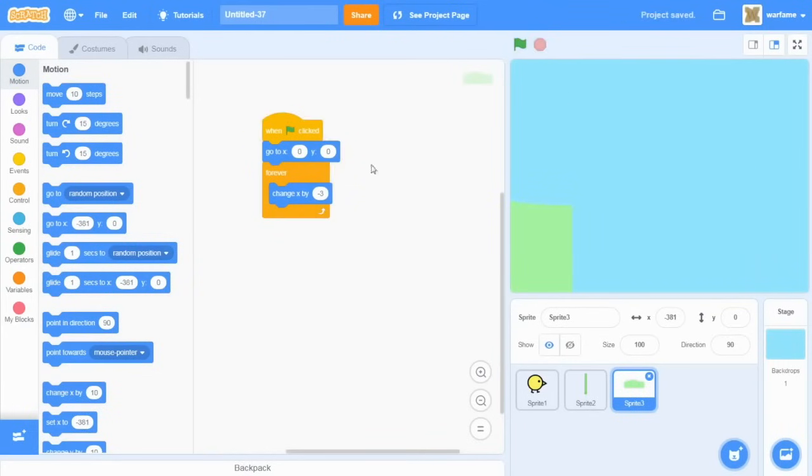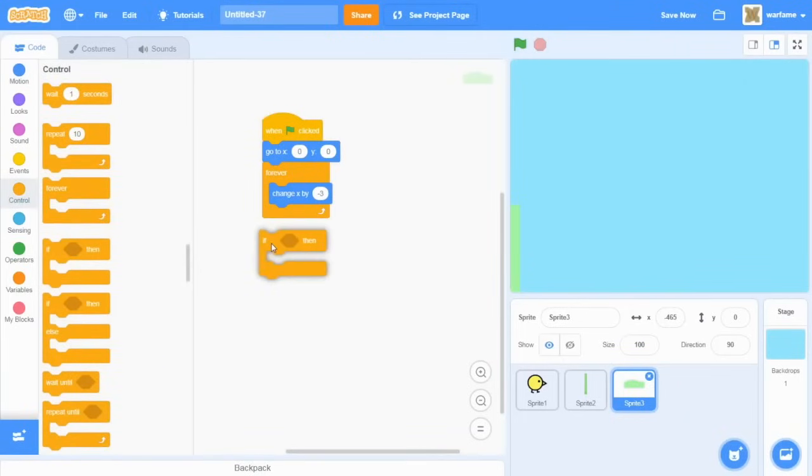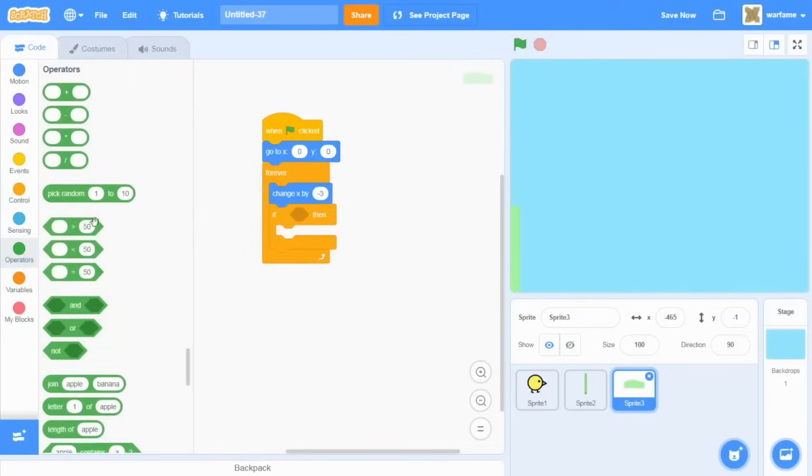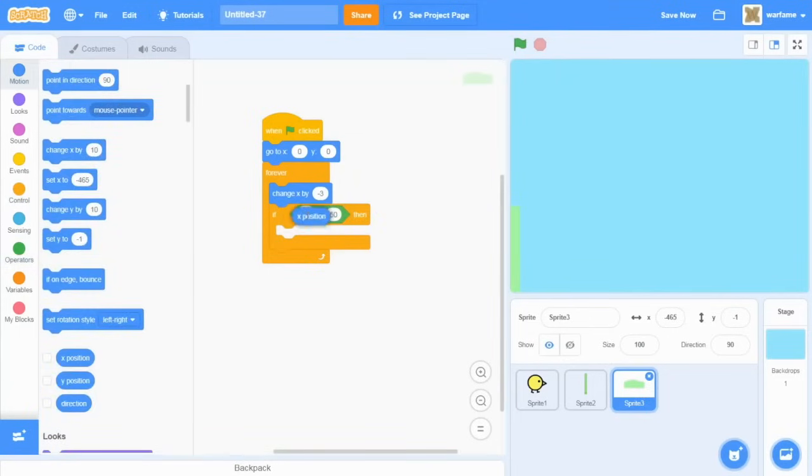So now that the hill moves, we want the hill to go from the left edge of the screen to the right edge of the screen once it reaches the end over here. So to do that, let's grab an if statement, and let's put this inside of the forever loop. And we want to check if the x position of the hills is less than a certain value. So let's go to operators, grab a less than operator, go to motion, grab an x position, and let's check if the x position is less than